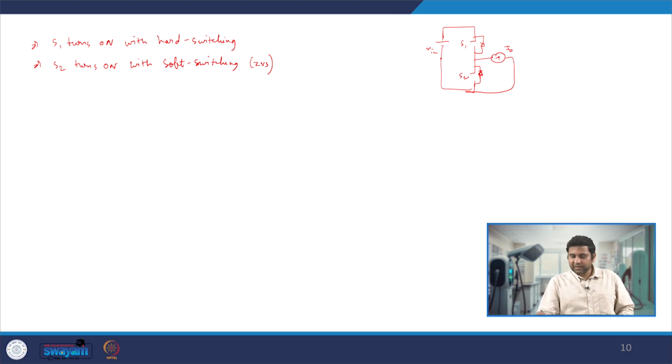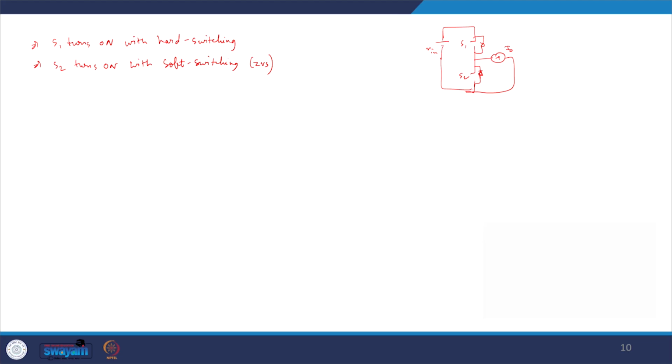That is why in this kind of circuit we can only have soft switching when turning on one of the switches, while we have hard switching when turning on the other switch. We can say that ZCS is difficult